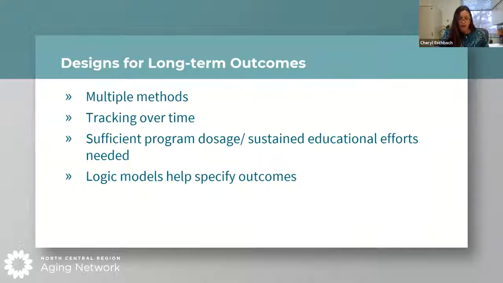And then knowing what's the right amount of program dosage and the right amount of time to give people to make changes. So having realistic expectations around long-term outcomes is important. And we have found the program logic model a very useful tool for us to help plan that out, because it does provide three levels of outcomes. We tend to tell people in extension to focus on, we should at least be measuring short-term outcomes. And then if you're able, get those intermediate outcomes with follow-up. And then we realize some of the long-term outcomes might be many, many years to achieve, or many, many programs working together to achieve. So